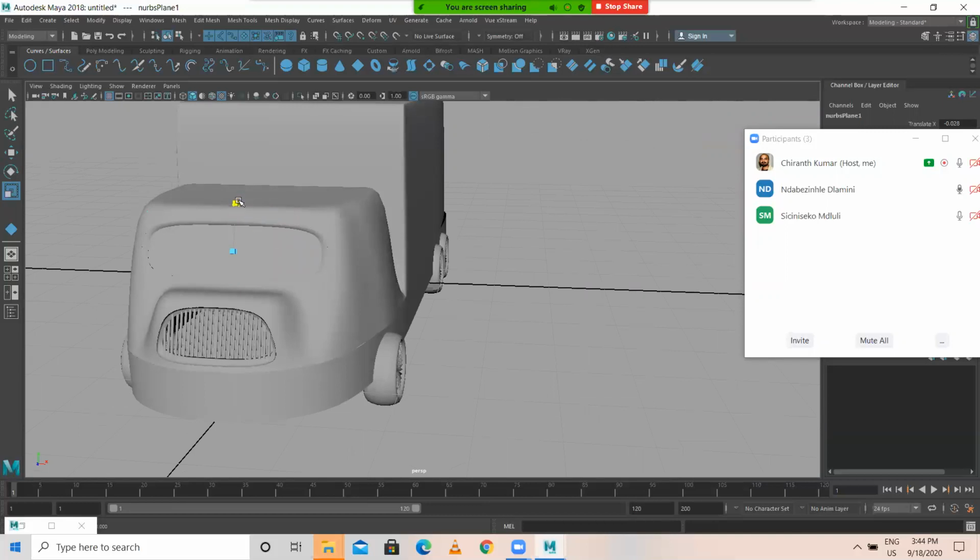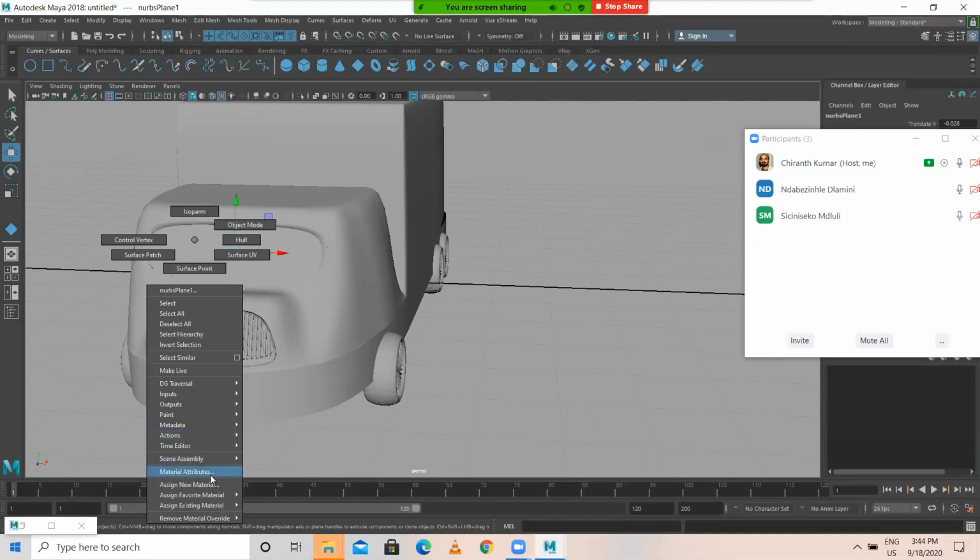So what you can do for this, right click, new material.